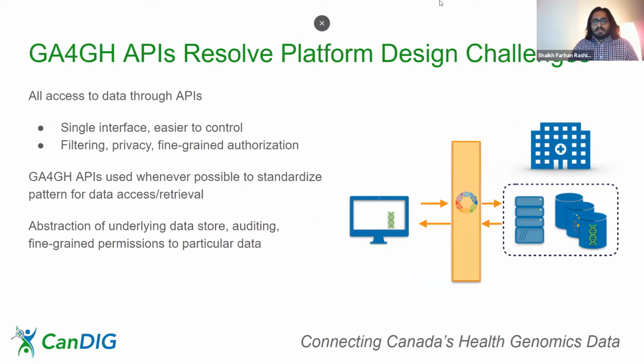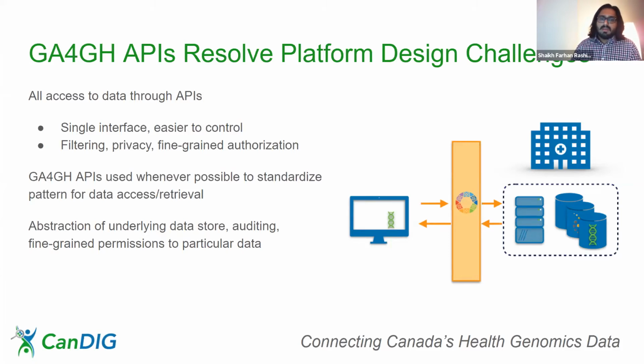So as I mentioned earlier, one of the core platform design goals that we wanted to have within CanDIG is that all data access must be through APIs. And why this is twofold.